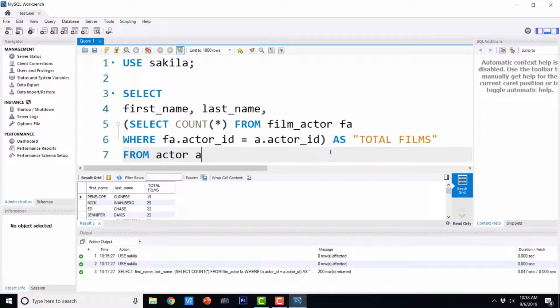I want you to check at your jobs, workplaces or your academic projects. If you are using SQL, then check for the scenarios where you can create such kind of correlated subqueries, and I want you to write the subqueries using this correlated subqueries concept. So in case you are not working in any organization as of now, or you are not carrying out any academic project, then you have Sakila database and you also have employees database where you can write the subqueries for practice. So I want you to practice on this more.